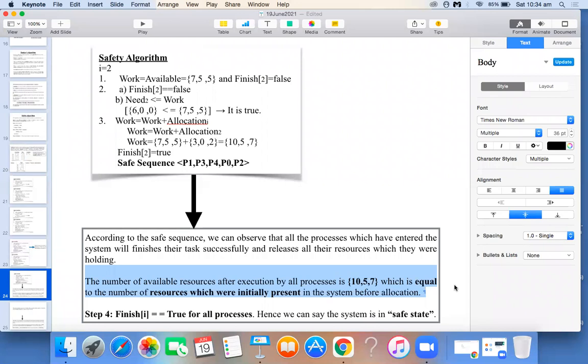You have to do this much. If you do this, you will get 10 to 12 marks. Am I clear with this? I have shown you step by step how you should solve the problem. I will be sharing this particular slide with you, so please go through it once, and I will also share today's recording. Then you can easily solve the problem. Very simple problem. Only thing is you must do the proper additions. How to calculate the need matrix, which values to use, all these things you should do in a proper way. Then only you will get the answer correctly.